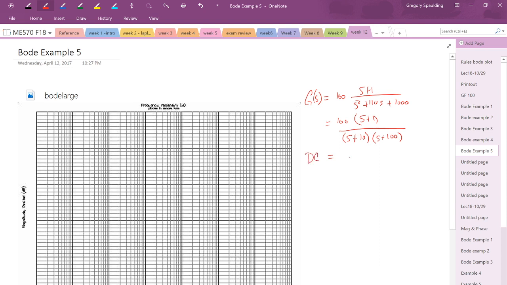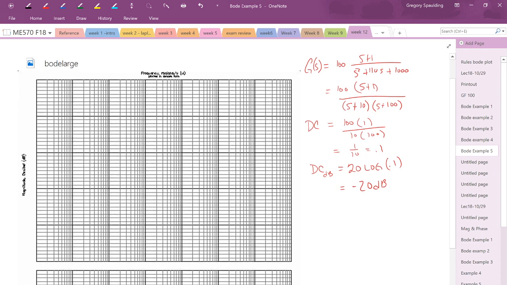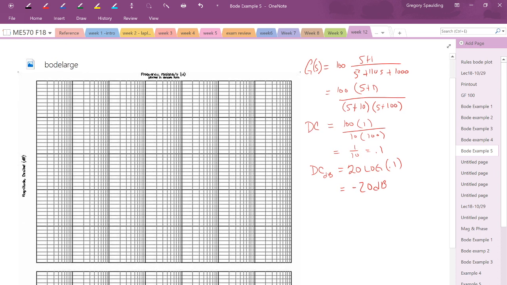So our DC gain is going to take all the s's equal to 0, excluding our free s's. So we've got 100 times 1 divided by 10 times 100. And what we end up with then is 1 over 10, equal to 0.1. And moving that into dB, we end up with 20 log of 0.1, which ends up being minus 20 dB. Okay, so that's where we're going to start our plot,